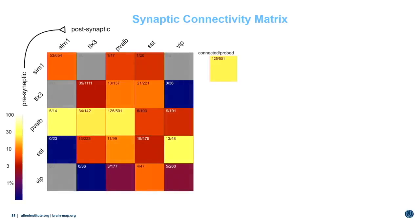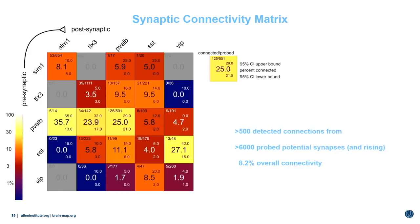where the presynaptic Cre type is on the left and the postsynaptic Cre type is across the top. The boxes in gray here are experiments we have yet to carry out, and the boxes in blue are synapses we have yet to find. But if we do this for each of the Cre types that we've studied, we can come up with a probability of finding a connection. So for example, from this parvalbumin cell onto the SIM1 cell, there's an overall probability of about